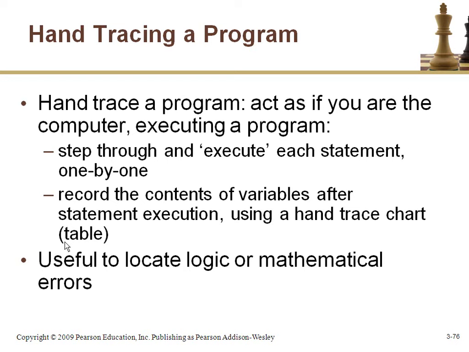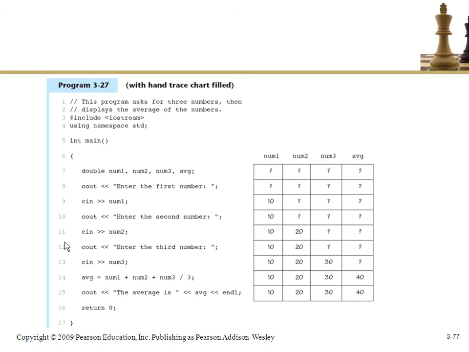Record the content of variables after each statement is executed using a hand trace chart, a table of rows and columns. It's useful to locate any logical or mathematical error that you might have in your program. Here's one example on program